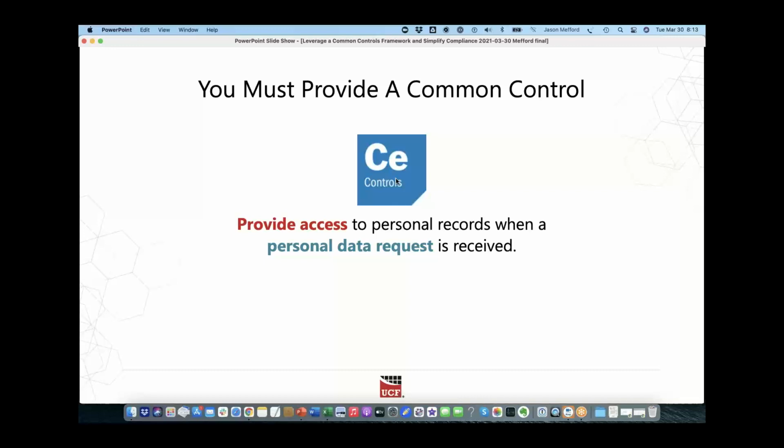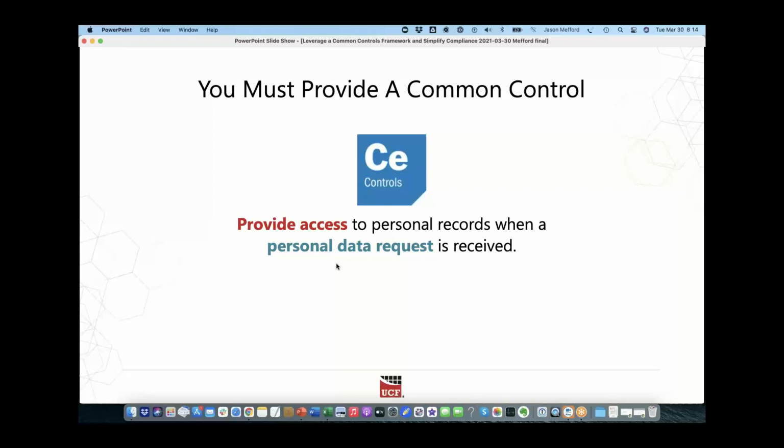Now, you also have to provide a common control. And so you'll see that these words we used before, provide access and personal data request, now you can see how those nouns and verbs start to come together into a common control that we have developed. So every time you see certain things in an authority document, you can look it up and say, okay, these are the nouns and verbs being used, and we translate that into what we're using internally to create our control.